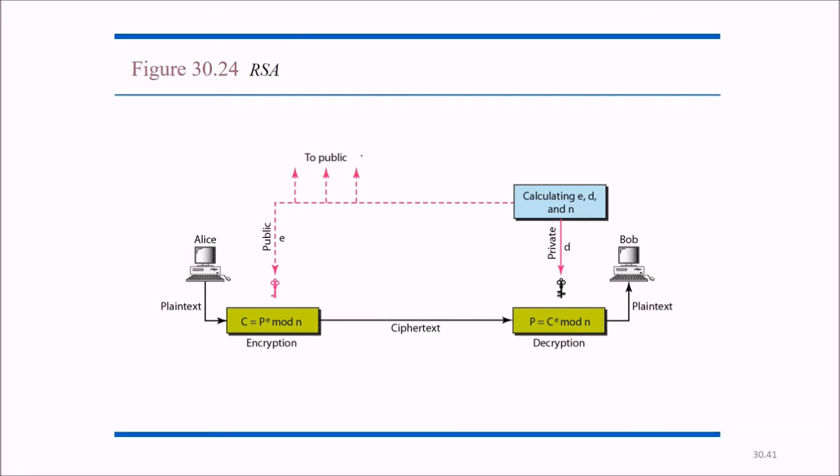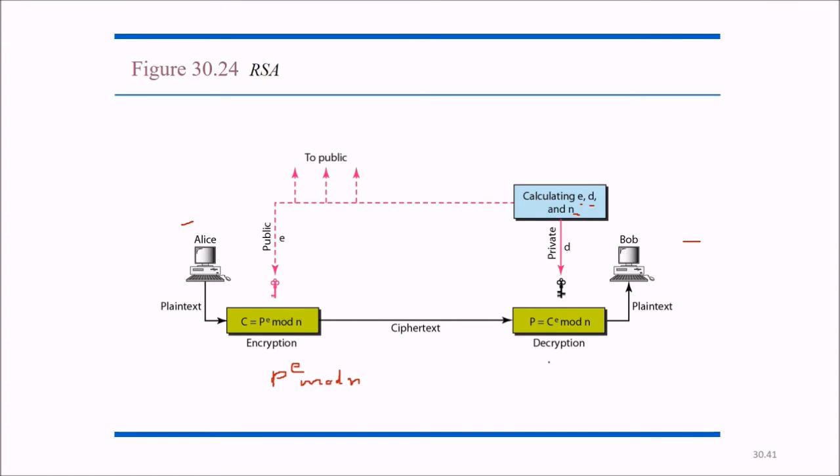In RSA, Alice wants to send the content or data to Bob. Now we have various variables you can see here, which are E, D, N. These are the variables that we'll be using to do the encryption and decryption. For encryption, we'll use the P, that is the content which needs to be sent, and then we will take the power of E like this, and then we mod it with N. We'll see how we'll get this N, E, etc.